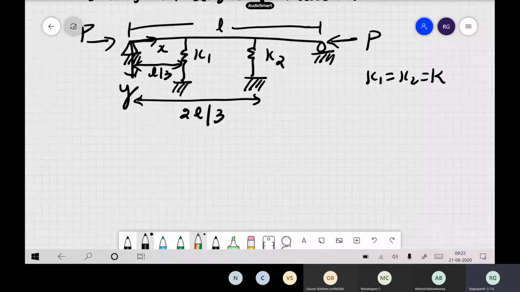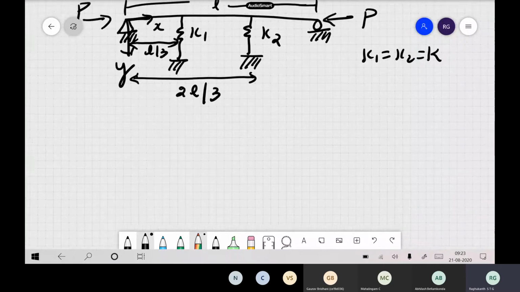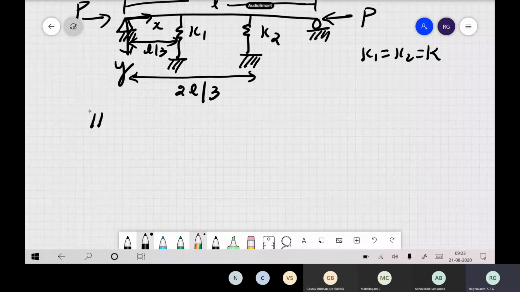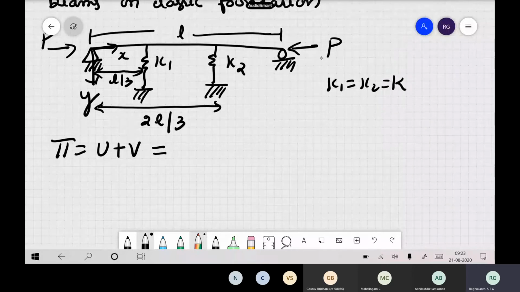Now what will be the buckling load for this beam column resting on springs, or column resting on elastic supports? How do we solve this by energy methods? As I already told you, you have to consider the strain energy. Here the energy we will get from the bending. Then you have the work done by the external load. Then the energy also has a component from the springs itself.